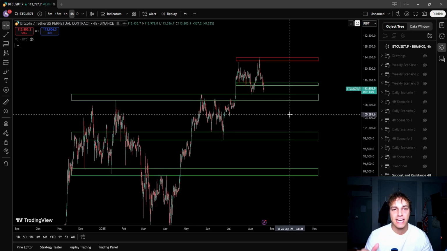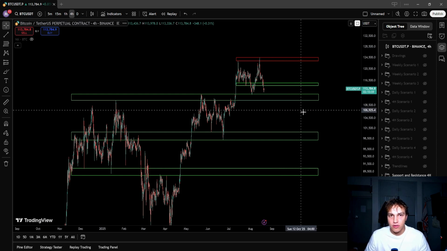We're going to be looking at Elliott Wave, then support and resistance, trend lines, fair value gaps, and then the last thing is the USDT dominance, right? So